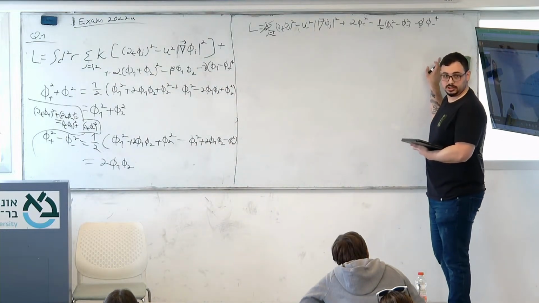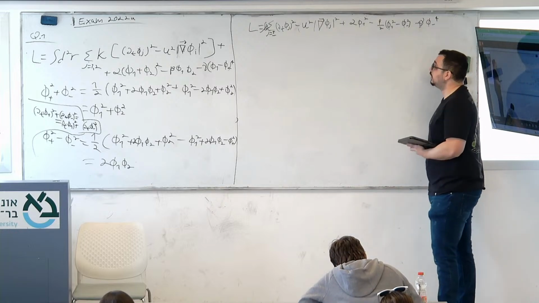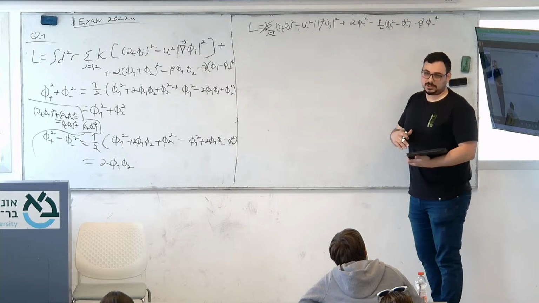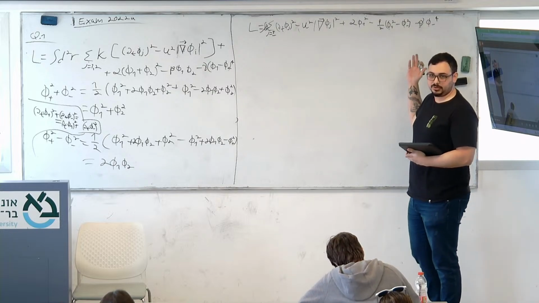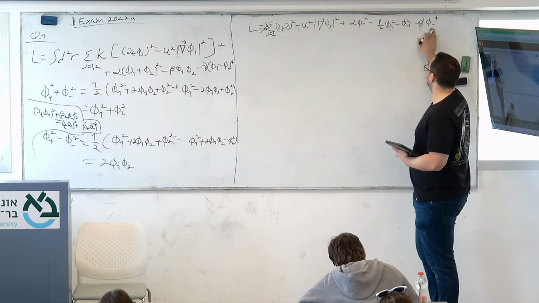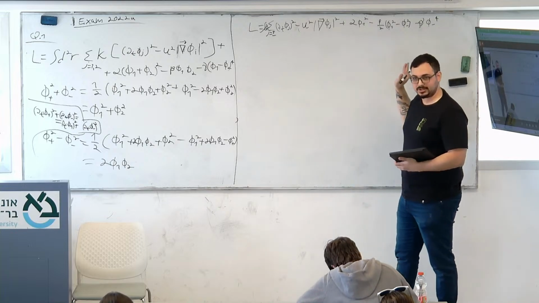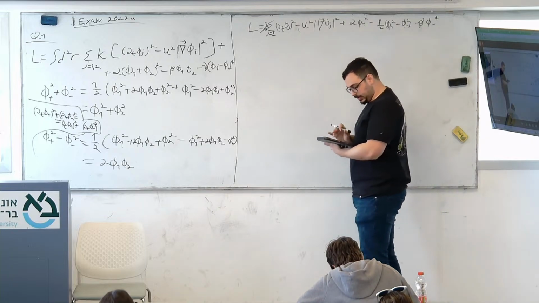Does everyone understand how I got this equation? Alright, good. Now I'm not going to write it explicitly, but I think it's pretty obvious how to separate it into plus and minus terms. There are no cross terms here. See, all the terms are separated. I'm not going to write it explicitly, it's a waste of time. And now